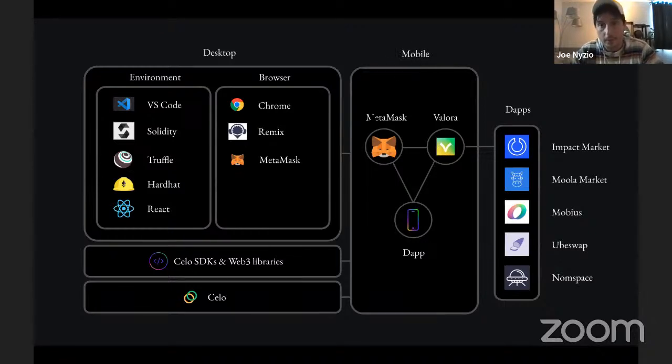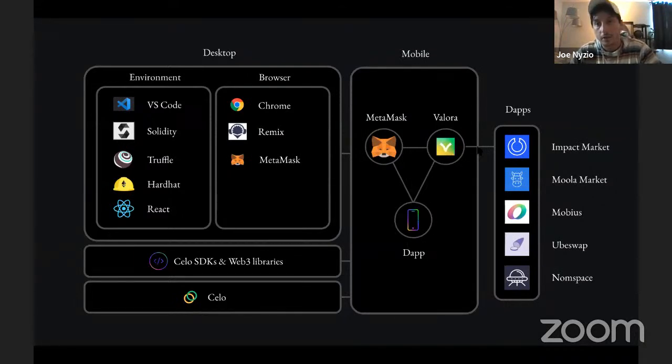The way that's going to work is someone will install MetaMask, and on Celo, they can also install Valora. This is a popular Ethereum wallet, and this is a popular Celo wallet. There's ways to sync them both, so you've got the same account on each if you want. And given that wallet, people are then going to interact with the dApp that you've created. Doesn't matter what it is, it can be anything that you're submitting for the hackathon or build later on, but it'll probably integrate with one of these two wallets.